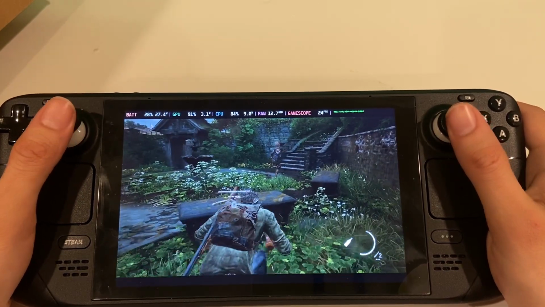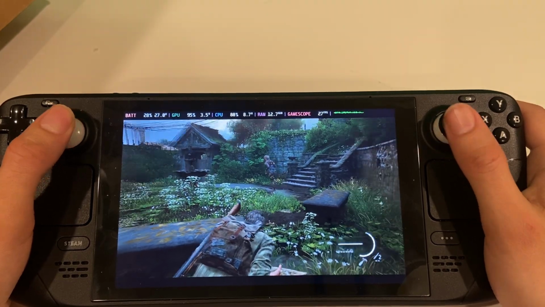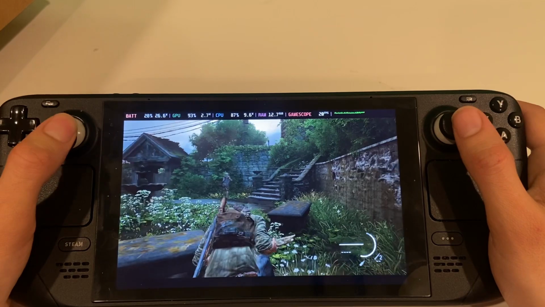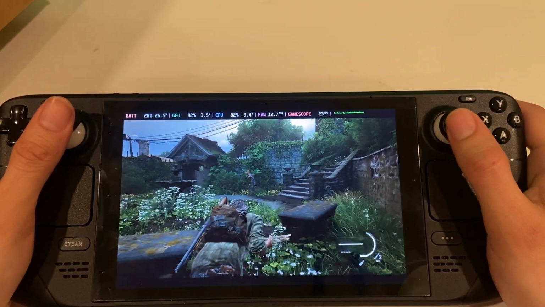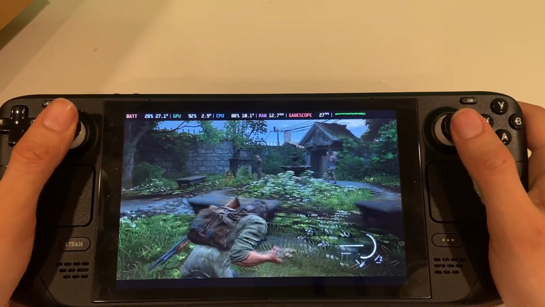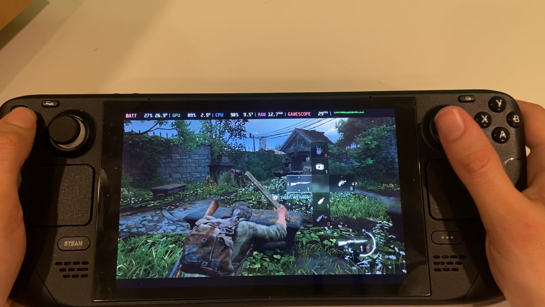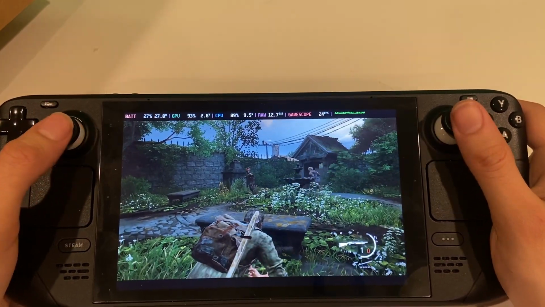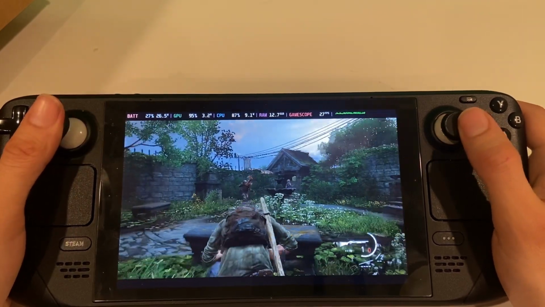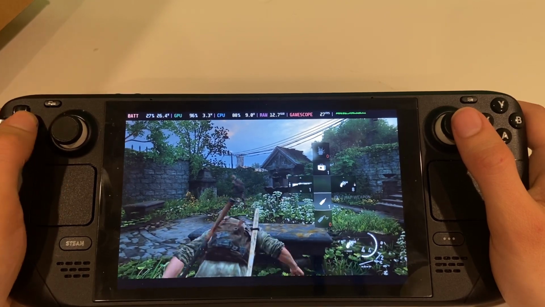So for anybody who went into their BIOS section and thought that changing the BIOS UMA buffer size was going to help, it actually made it worse. In my case, it actually crashed the game multiple times, because what it's basically doing is telling my Steam Deck to allocate 4 gigabytes of that memory specifically for the GPU, and it doesn't give the CPU enough RAM